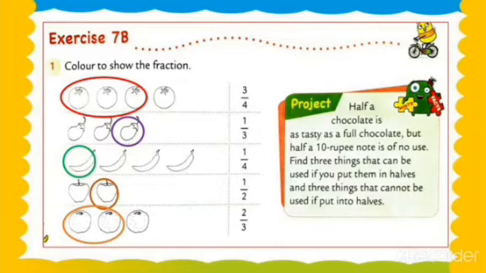Question number 1, 3 upon 4. Directly we have to fill in a color. Okay, no need to draw anything. This question we are doing in the textbook, so here I am showing only the part. You have to fill it in like that, as a fraction. See this, 1, 2, 3 and 4. There are 4 tomatoes. So the denominator is 4 and the numerator is 3. Denominator is 4 and numerator is 3. That means color to show the fraction.